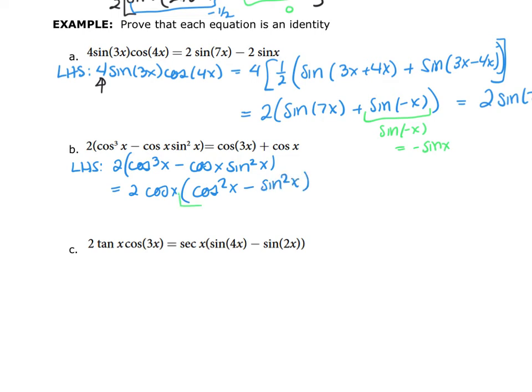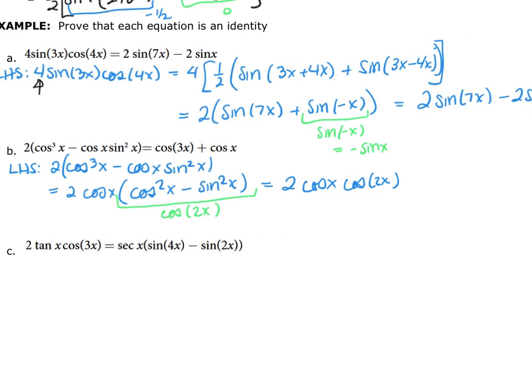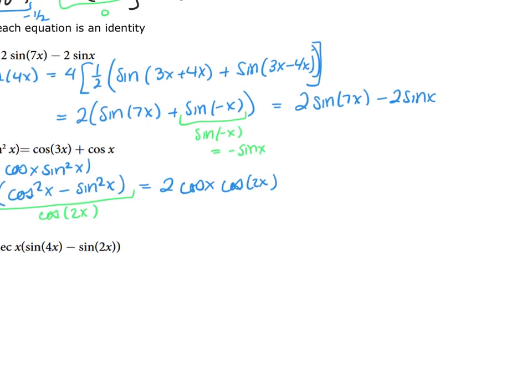Now, if you remember, this is the cosine of 2x. That's a double angle. So where we now are at is 2, the cosine of x, multiplied by the cosine of 2x. Now I'm going to use the product to sum formula. So I'm at a product of cosine, cosine. So this is going to be equal to 2, and then